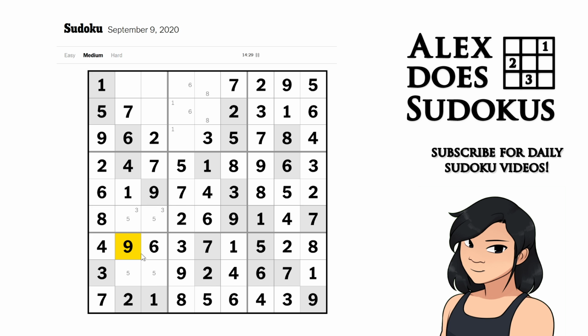So that's a 9 on the row, and these are 5s and 8s. Let's pencil mark them in. I've got one number here, which is a 1. So that leaves me with 6 and 4, and these are 8s and 9s, which is resolvable because of that 9. And that has to be 4 and 6. Well, 6 is down here, so 6 and...